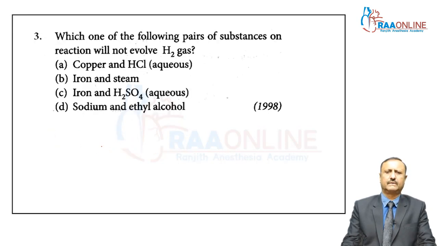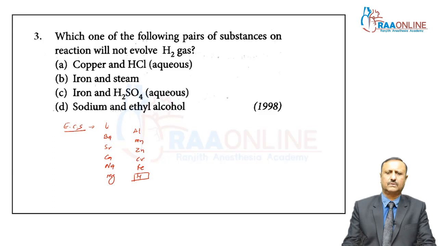Now my dear students, we can see question number 3. Which one of the following pairs of substances on reaction will not evolve hydrogen gas? My dear students, when we see the electrochemical series, in this electrochemical series, those metals present above hydrogen... this is the electrochemical series,